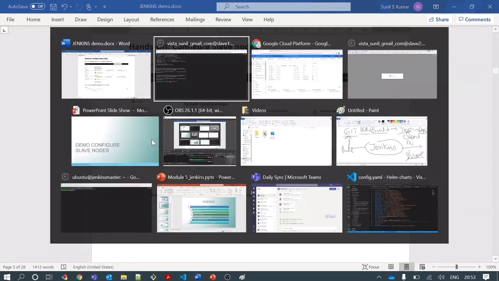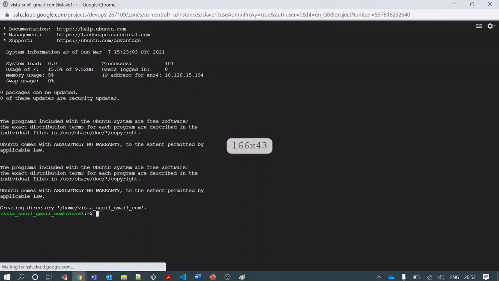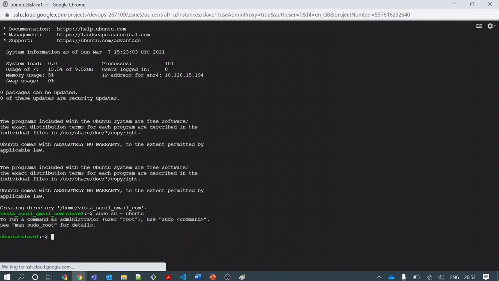Okay, so let's go to Jenkins. Let me zoom it first. And I will switch the user to Ubuntu for the sake of simplicity.